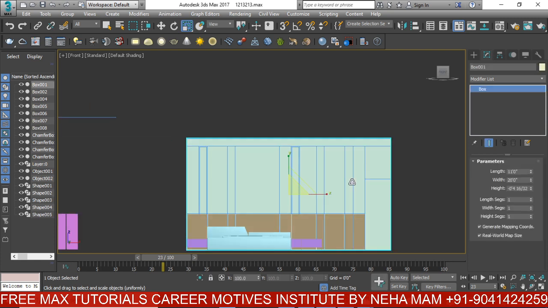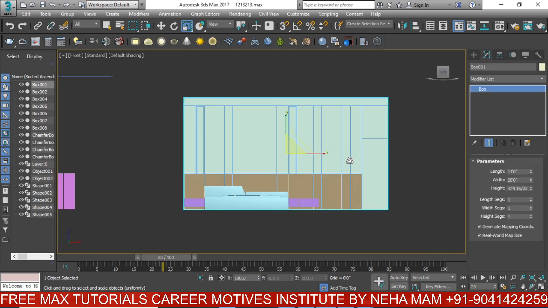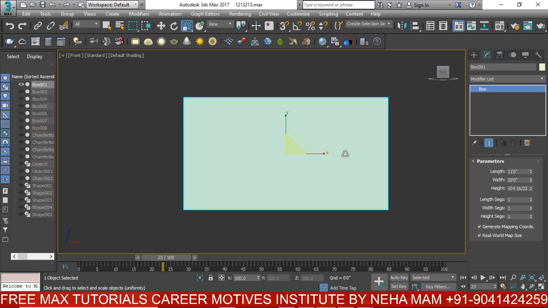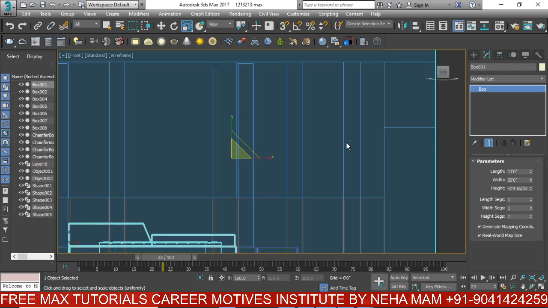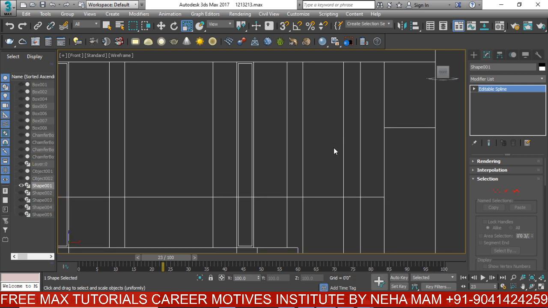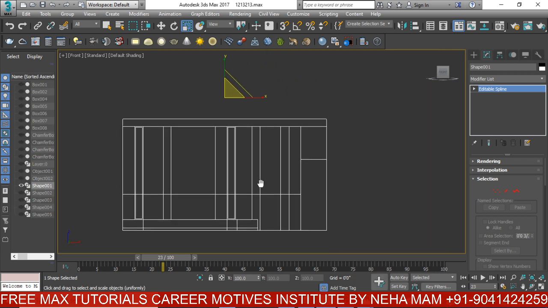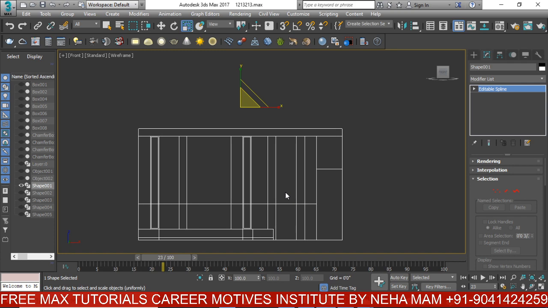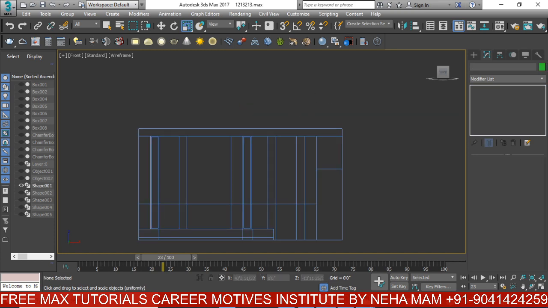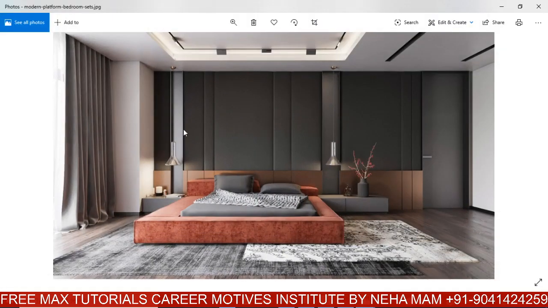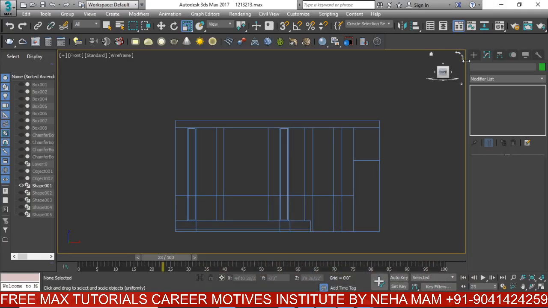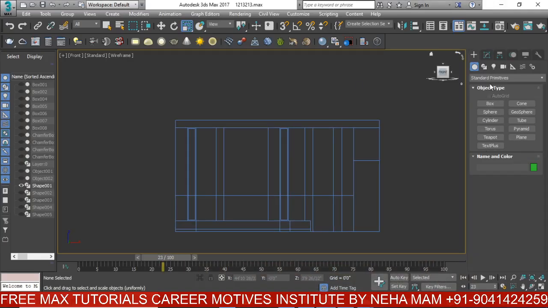Okay, so I'm going to select this, right click, hide unselection. Okay, and here is my wall. So I'm going to create these panels. So simply I'm going to select chamfer box,